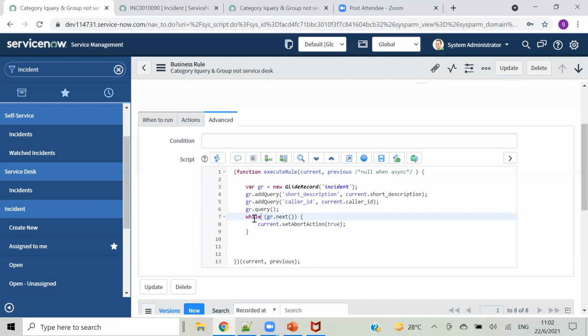So there will be just two options: if, when you want to check whether at least one record is there or not, and while, when you want to check whether multiple records are matching or not. I will explain in detail when we should use if and when we should use while. So for now I have given this, and when this condition is matching, I am setting that to abort. So let me save.